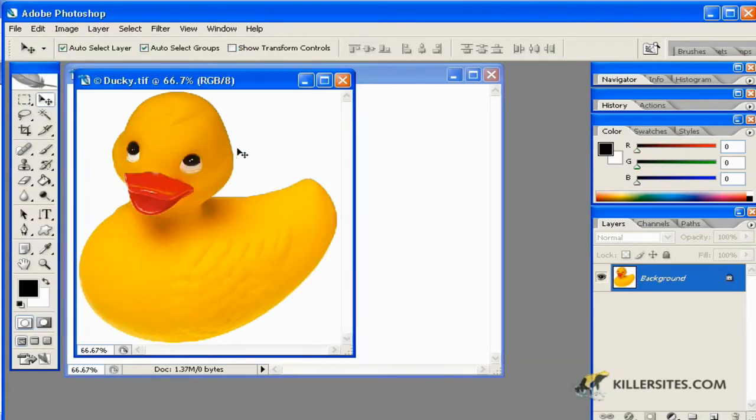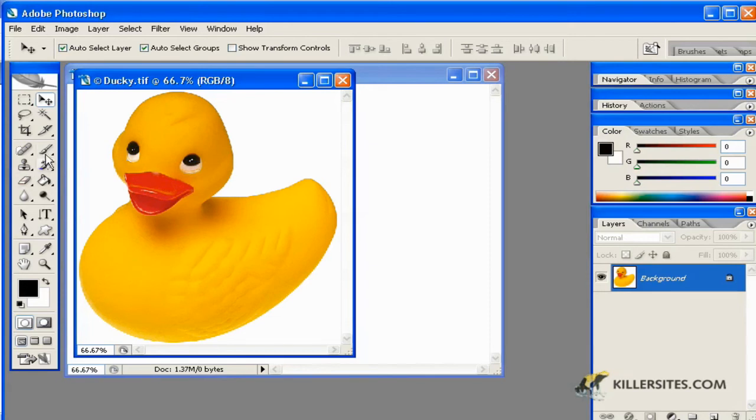For this particular tutorial, I've just opened up Ducky.tiff, which was located in the Photoshop samples folder, which came with your program. We'll be looking at Ducky a little bit more when we start fooling around with some things. For this moment, though, I'm not really going to be explaining the tools that I'm using. I'm just going to be explaining how to undo a particular move that you've made if you do something that